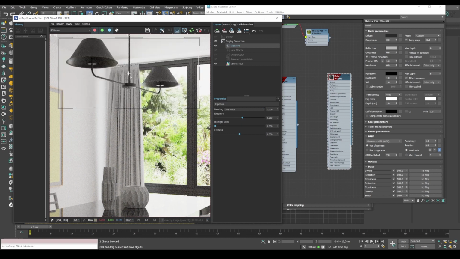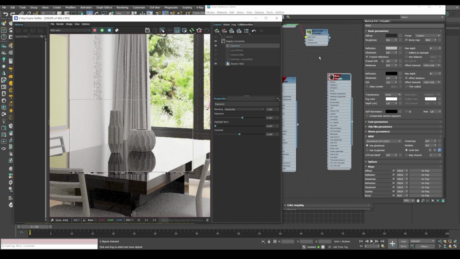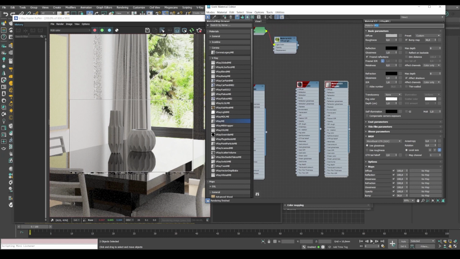Select the lamp region to see how the material looks, and well, I'm pretty happy with the result, I should say. So it's quite simple material. All right, and now let's make a ceramic material, but we'll make it more glossy and make it look more reflective. So we'll select this region with the vases, create a VRAY MTL,